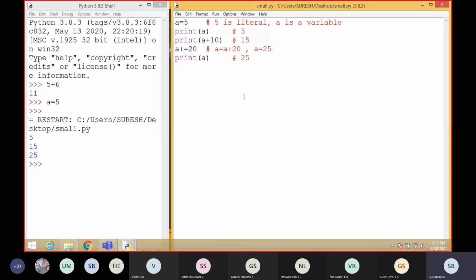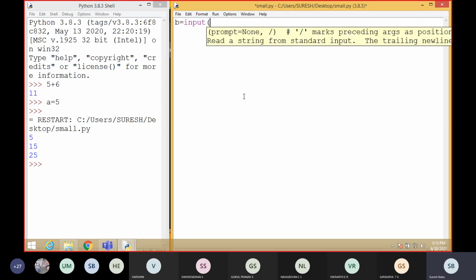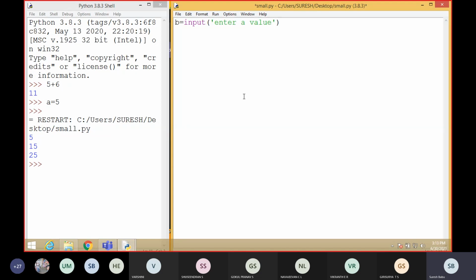What is the statement for getting the input? Students? Now I want to get the value to be stored in b from the user. You can get your value from the user by using the input function. Input, enter a value. This is a function used to get the value.